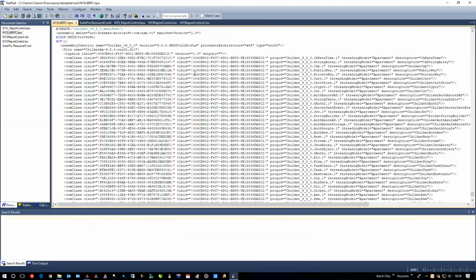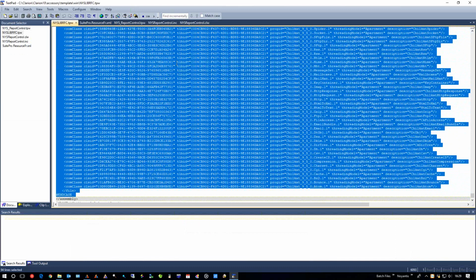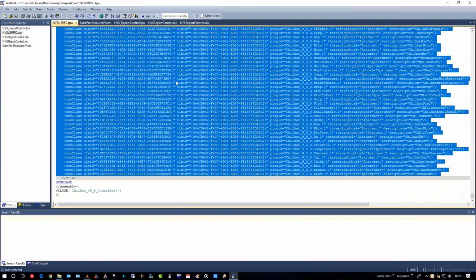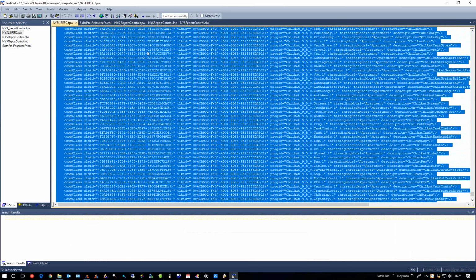It's not CodeJock because this isn't necessarily just a CodeJock thing. This is a RegFree COM thing. So we can see for this one version of Chillcat, these are the settings which you would have to have in your manifest. So you would need to basically go and calculate each one of these, the CLSIDs, for